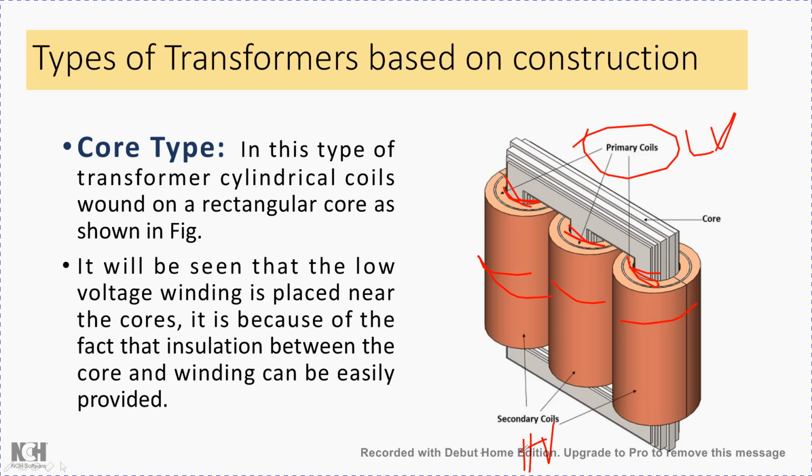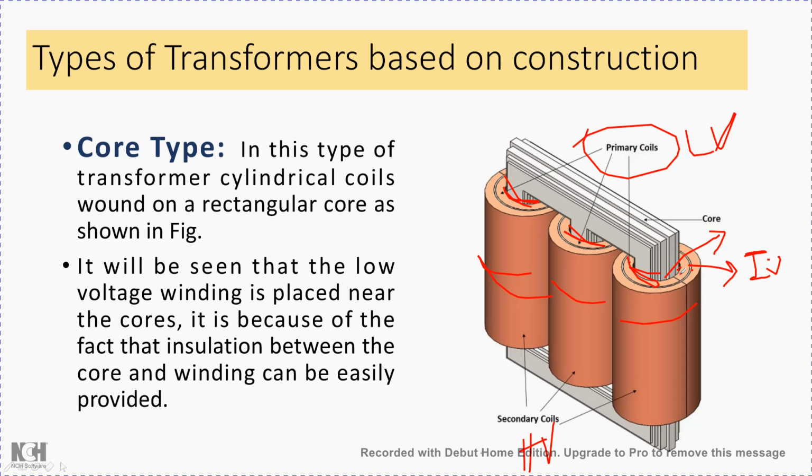It is particularly because on the surface of the core, low insulating material can be very easily wound, on which the low voltage coils are wound. Later on, once a circular surface is available, the insulation for LV and HV is provided here. So here is the insulation. It is not clearly shown, but there will be a part of insulation present in this portion, between this coil and this coil here. So this is the core type of transformer.